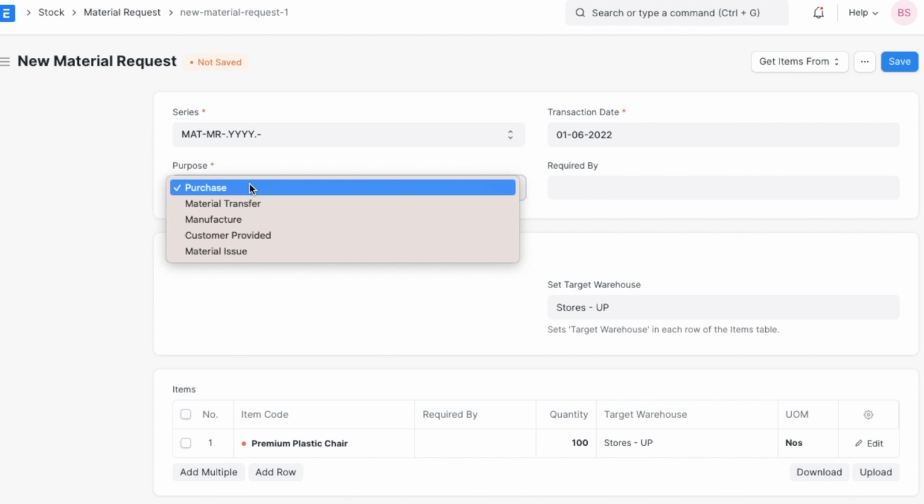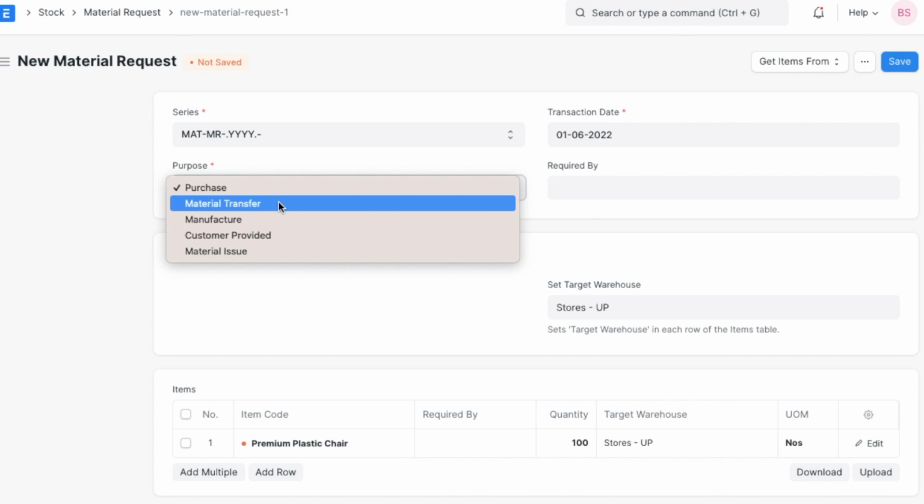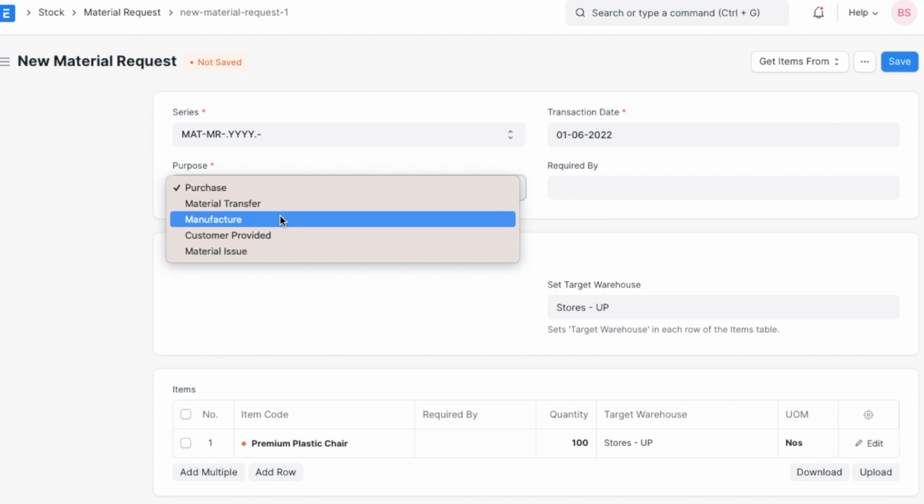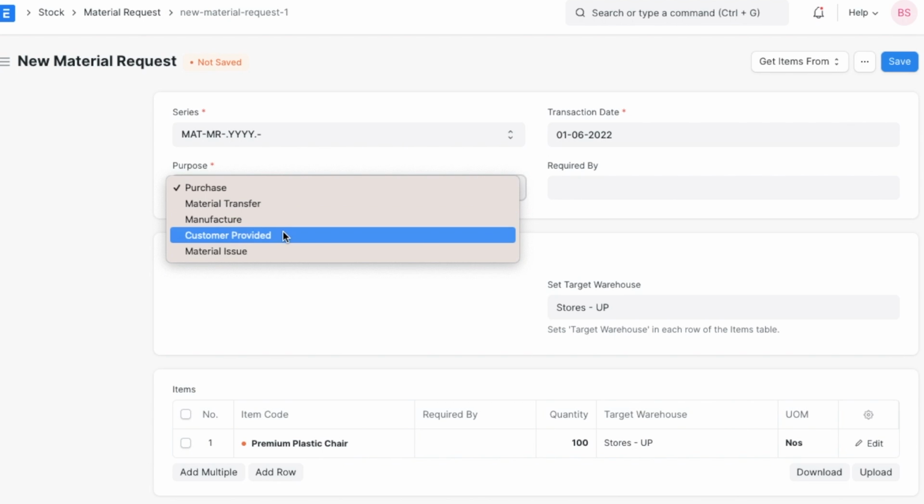Here, we can select Purchase if the material being requested is to be purchased. Material Transfer if the material being requested needs to be transferred from one warehouse to another. Manufacture if the materials need to be manufactured. Customer Provided if the materials are to be procured from the customer in case of subcontracting.